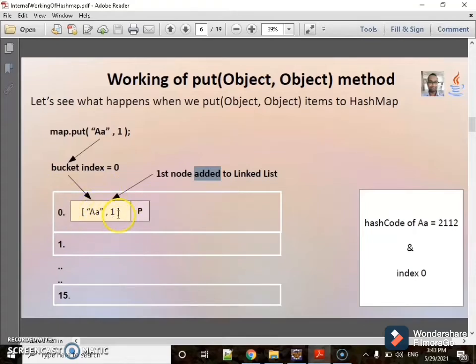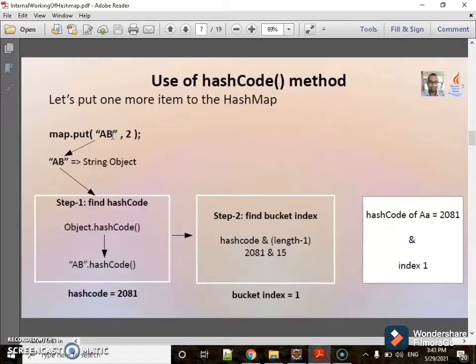Meaning AA 1, and the pointer is initially null, and this is how it is added to the linked list. Now we are trying to put one more entry to the hash map, that is AB of 2.